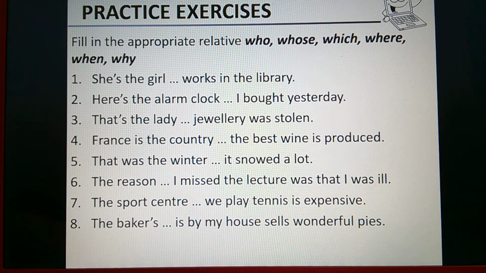In Task B, you should join two sentences using relative pronouns given in brackets. And in Task A, you have to find defining and non-defining relative clauses in the text called A Trip to Titanic,